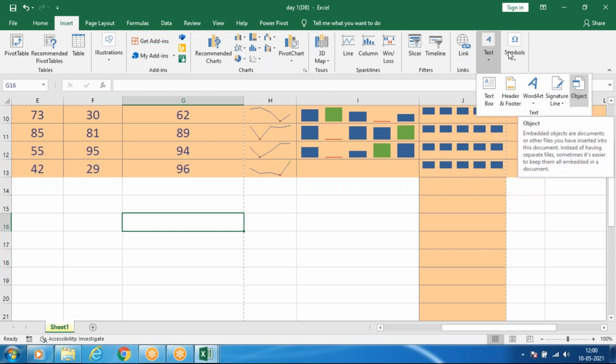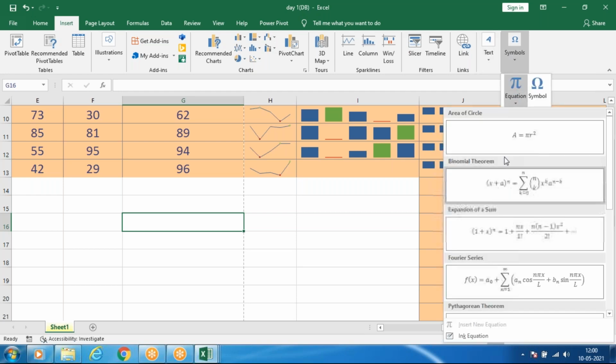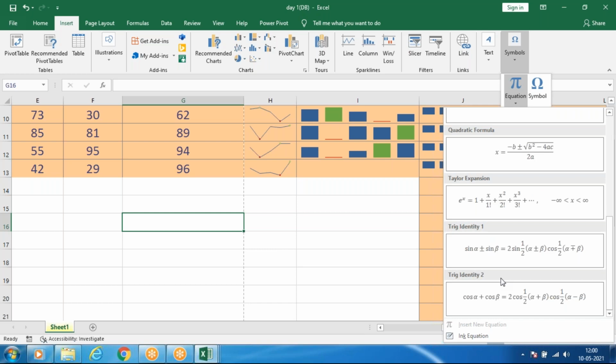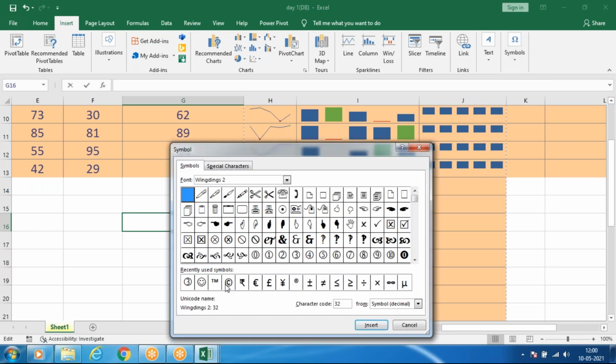And the next thing is symbols. You know already. You can import some equations, like A equals pi r square, area of a circle. Some theorems from maths. If you're good at maths, you can use these formulas. By default, and other than that, some symbols like the rupee symbol, certified symbol, terms and condition, and the registered symbol.